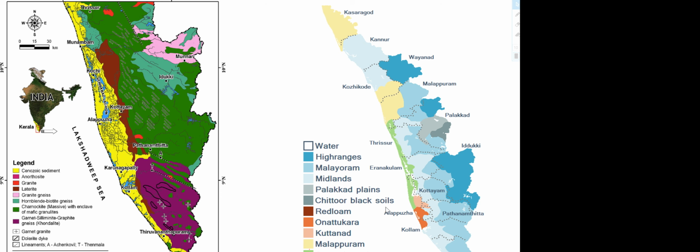Whereas in a geological map, what happens is that you will know what kind of granite. See, there are two different spots where granite is available, where you have to dig deeper inside and then identify that. Then you will have laterites. So here you have all the laterites. You have a lot of sedimentation happening on the coastal areas. So this is how you will have the difference between geological and geographical maps of Kerala. Again, this is from the official website.